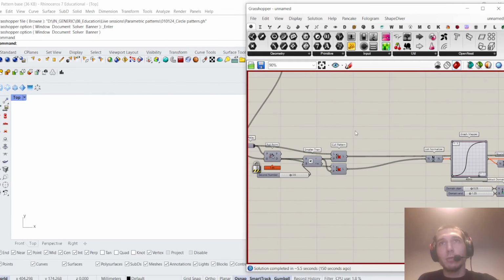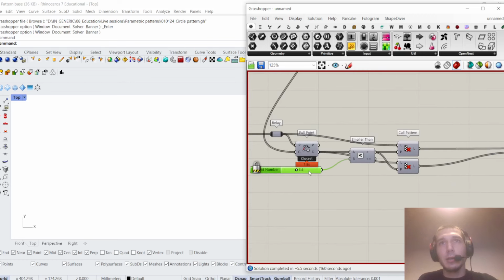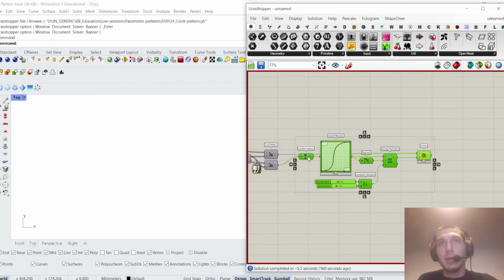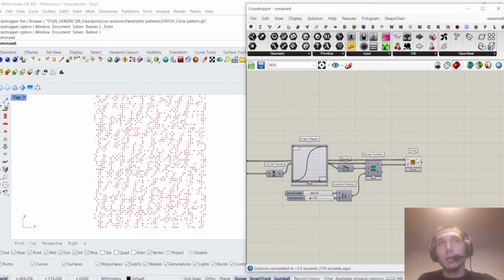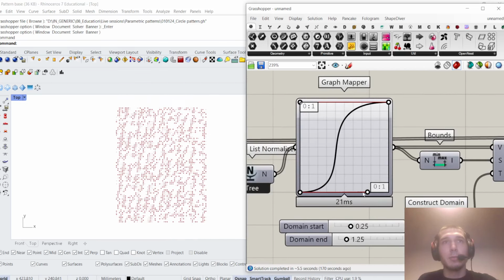I lock my solver so it doesn't compute too early, so that we can basically connect everything we need. And yeah, now, so this is already looking a lot better. So let's say something like this,